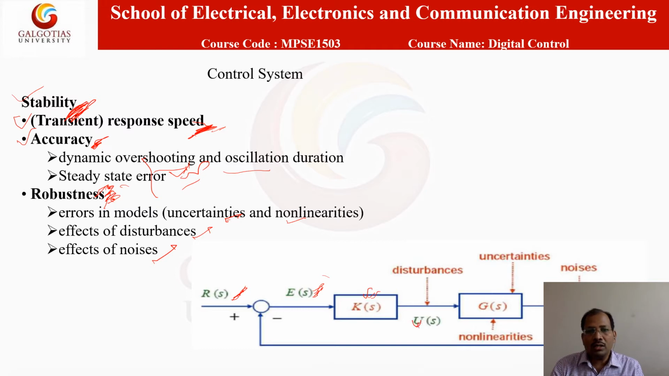This is the U(s) signal, controlled by this controller and applied to the system, where the system has some uncertainties and non-linearities and can also have disturbances inserted. Disturbance can be inserted through input channels. Non-linearities and uncertainties can be modeled in the system. So this gives some output with some noise. So overall, you can see this is an overall representation of a control system